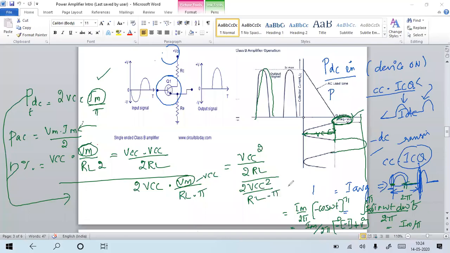If you write this, VCC square gets cancelled and RL gets cancelled. So this becomes 1 by 2 into pi by 2, which is pi by 4. Pi by 4 is nothing but 78.5, in percentage, 78.5%. This circuit will produce that efficiency. Getting my point? This is called the class B power amplifier. The efficiency is improved. Just like that, if you see here, why the